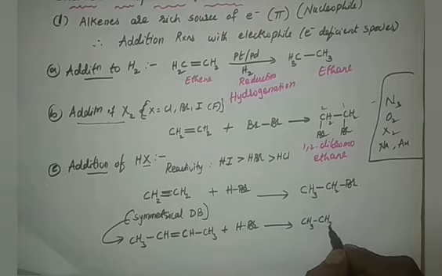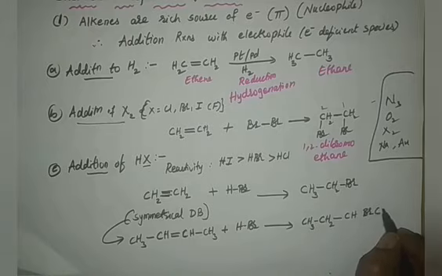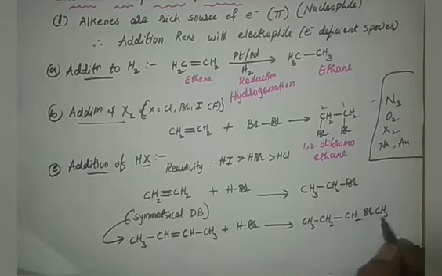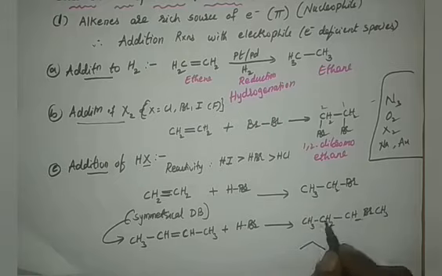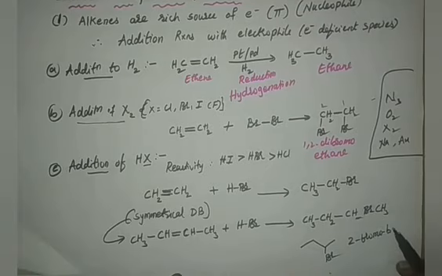So if H is added to this one, then it will become CH2 and it will become a single bond, and my CHBr, CH3. Actually no space here. CHBr, CH3. Or you can also write the line structure 1, 2, 3 like this. This CH3 is attached to C, right? Br as a substituent. So this name is 2-bromo-butane.